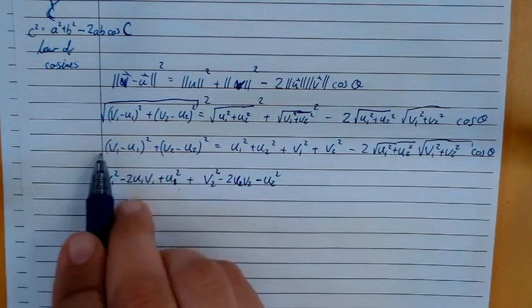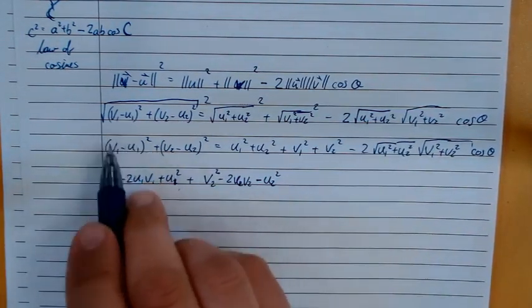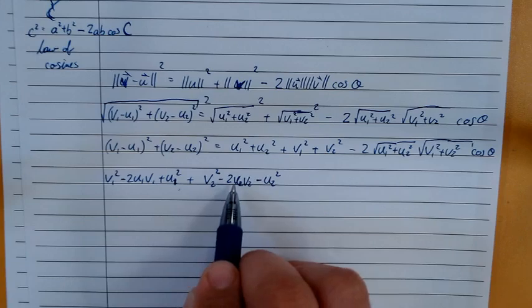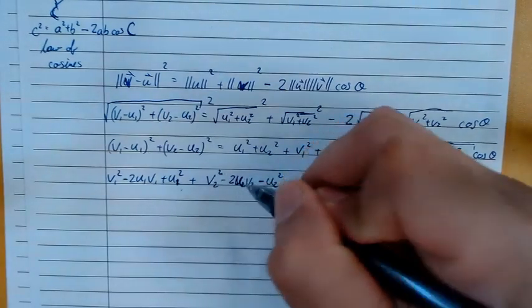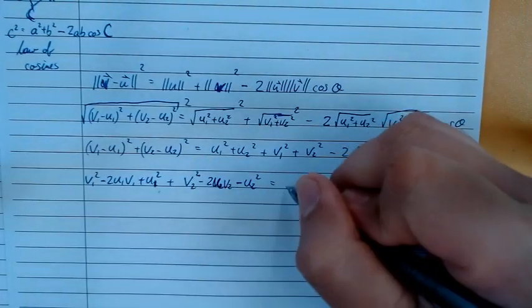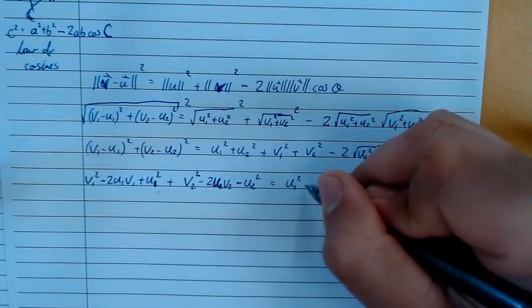So that's what I get when I square out the binomials. And over here I haven't done anything, so I'm going to rewrite that as u1 squared